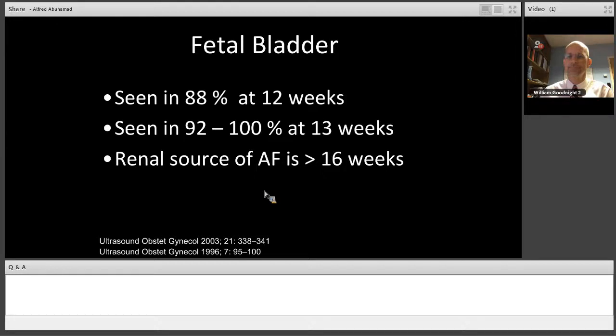What's really important to note also here is that the source of amniotic fluid is not totally from the kidneys until about 15 to 16 weeks of gestation. So what that means is you can have bilateral renal agenesis with normal appearing fluid at 13, 14 weeks. Or you can have a bladder outlet obstruction with what looks like normal fluid at that gestation. So keep that in mind because assessment in the first trimester is certainly related to this important concept in amniotic